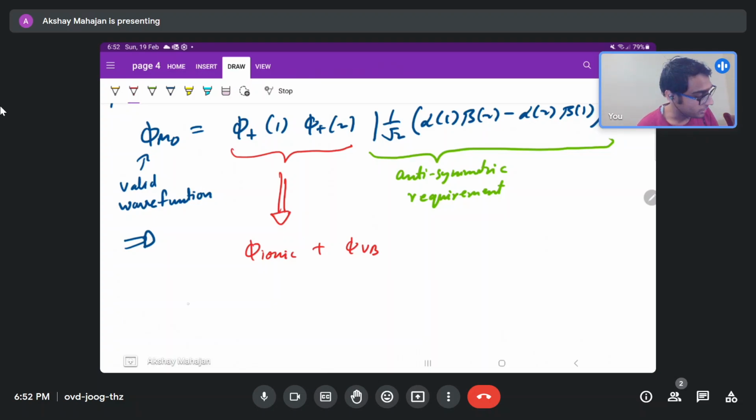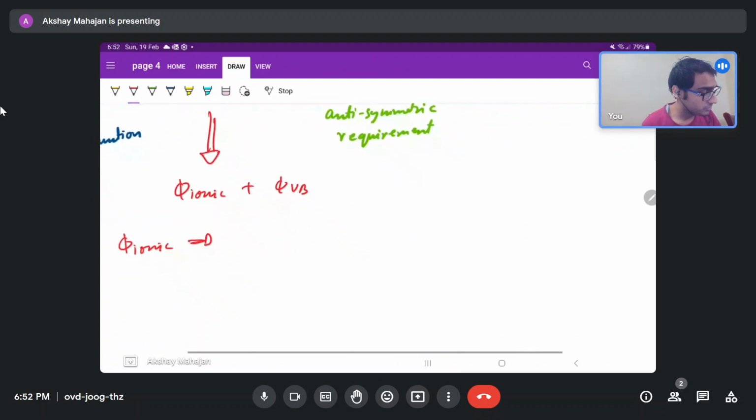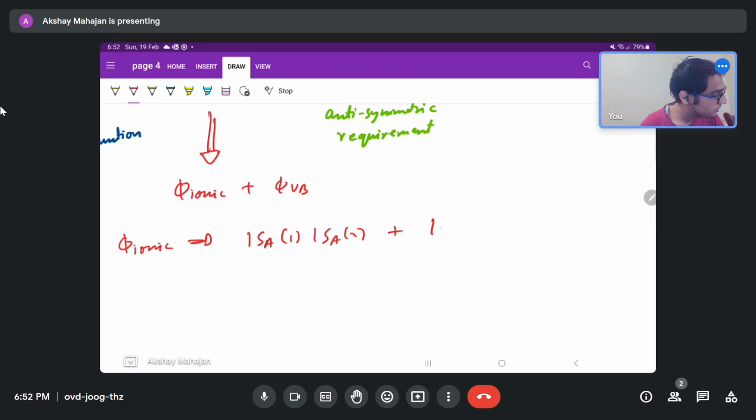What this Psi ionic one basically looks like. Just a quick understanding. Your Psi ionic will look like 1sA(1) 1sA(2) plus 1sB(1) 1sB(2). If you see each of these terms, we have a hydrogen atom A, and now you have hydrogen atom B, and according to this equation,